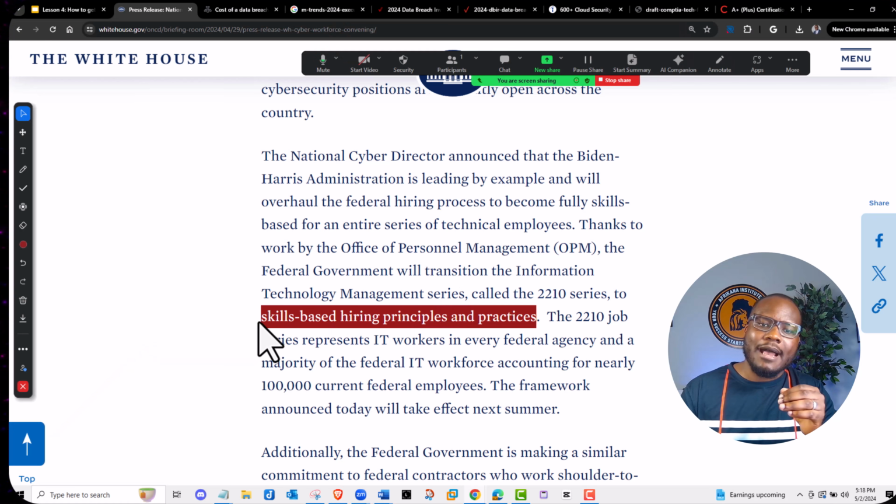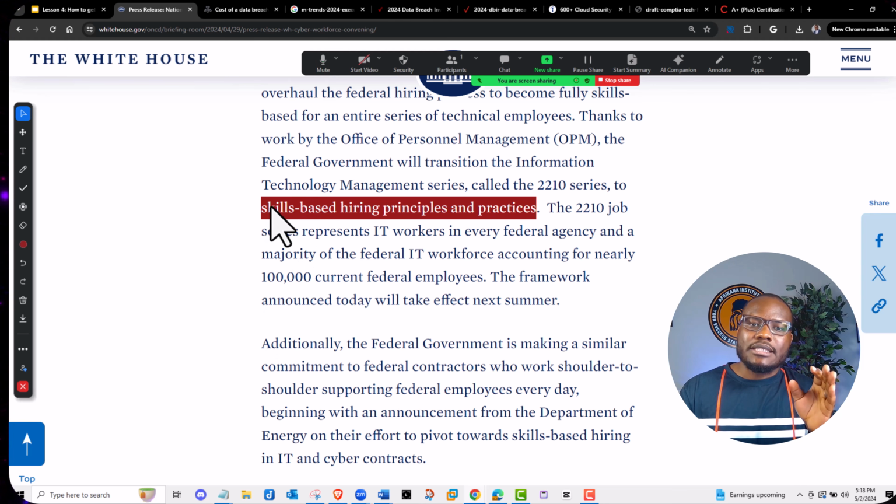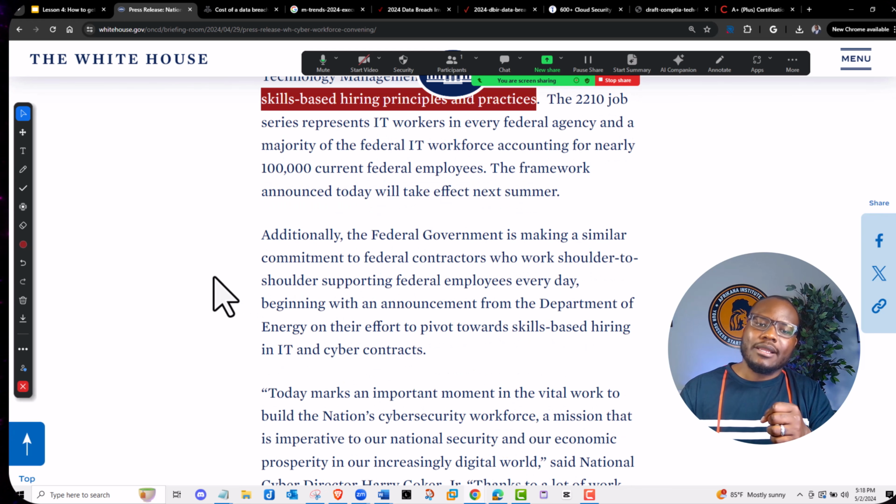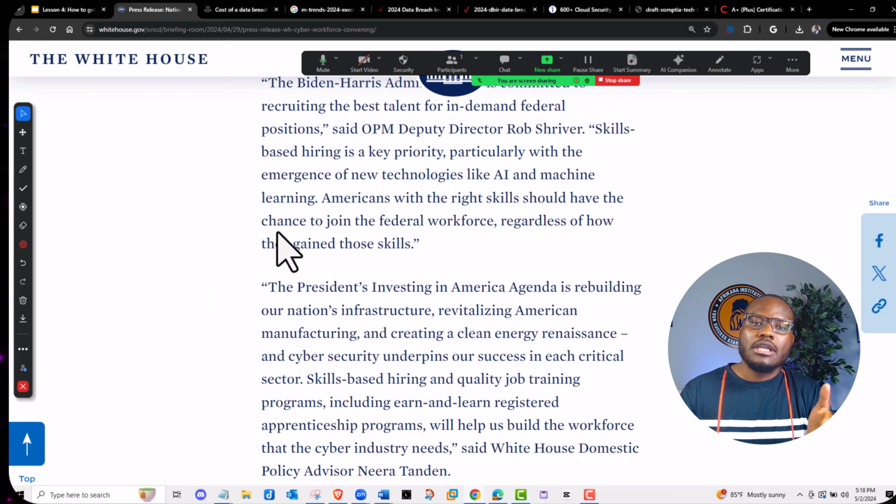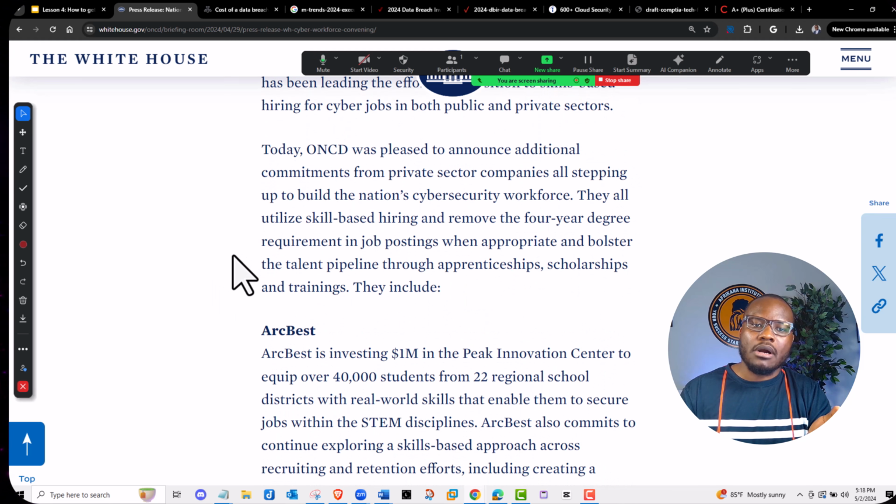And guess who's the biggest employer of cybersecurity people in the US? The government, right? As long as you know your stuff. The biggest issue used to be, oh, you must have a 4-year degree, you must have a 2-year degree. They recently dropped all that, and they said it doesn't matter how you've gotten those skills. It doesn't matter if you stayed in college for 4 years. They don't even care about that anymore. As long as you know what you're doing, they're going to be able to hire you, right? So this is really good. I encourage you to read up on this.